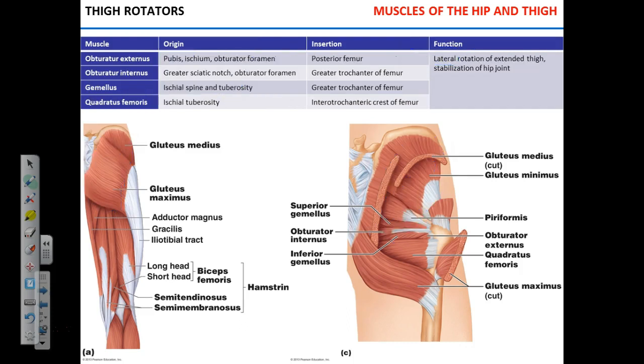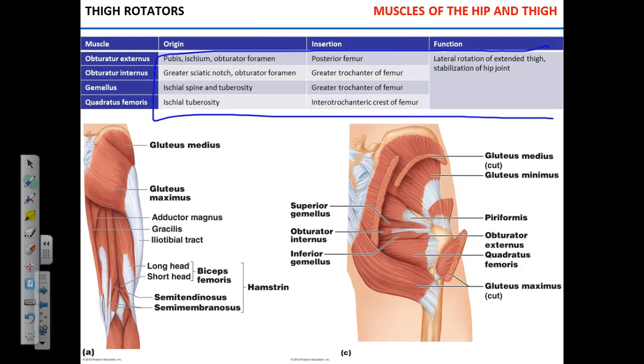They are all rotators and stabilizers of the hip joint. Does that make sense? Think about them as rotator cuff muscles, but for the hip. And you can see they're pretty thick. They're short, thick, so they can produce a lot of power,